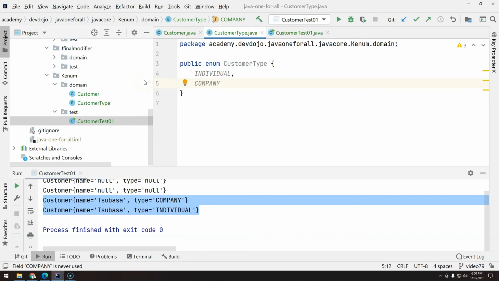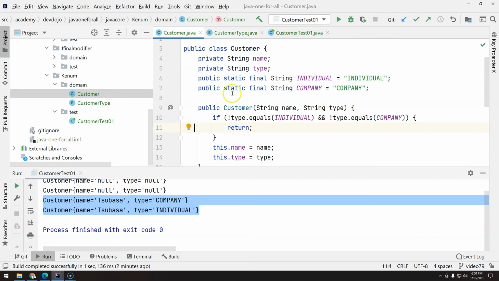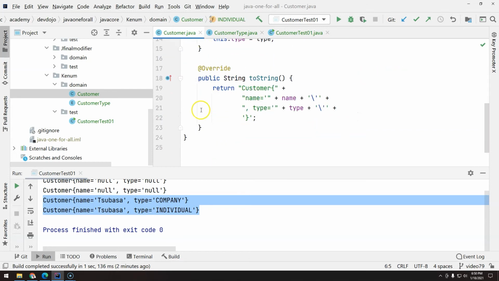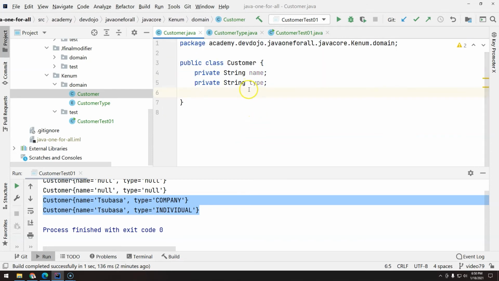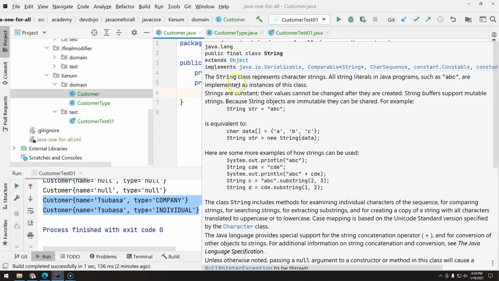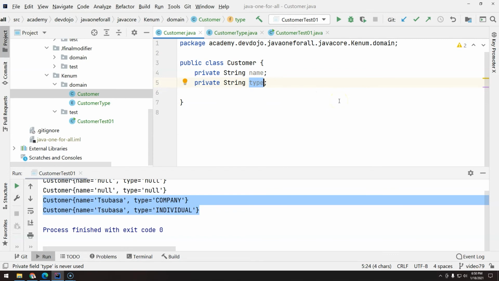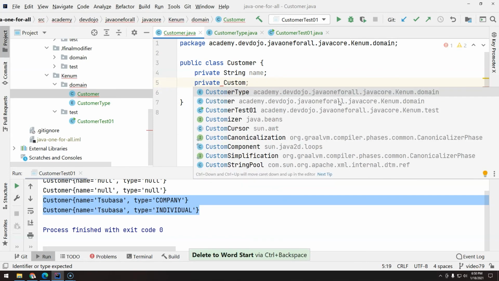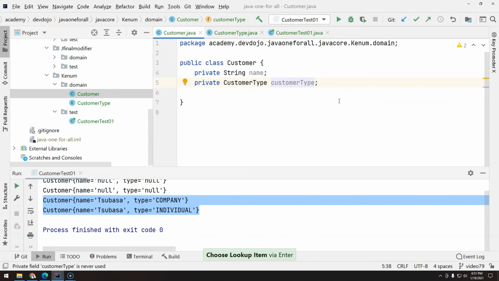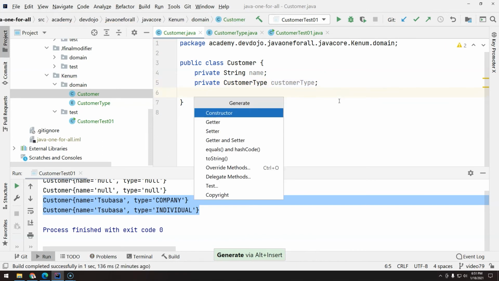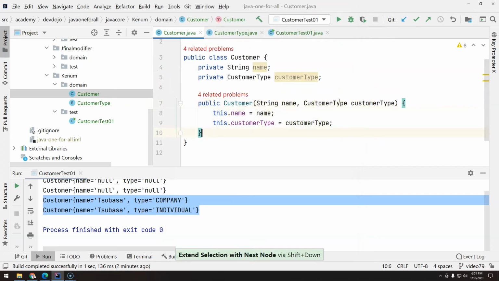Since this is a special type of class, we have to work as we would work with other classes when we are trying to add this to our customer. It's like an association. So now I'm going to delete everything to make things a bit more simple. Now I want my customer to have a type. So a customer has a customer type. Instead of string, because the options can be limitless, I'm going to say, hey, now I have customer type. Now, when I create the constructor with both options and the toString,